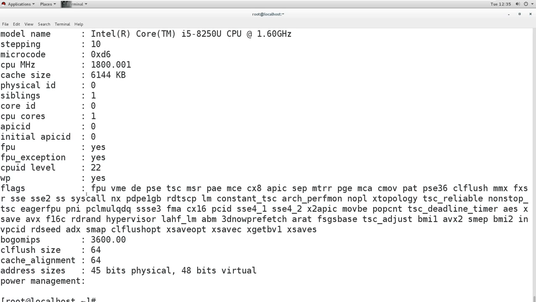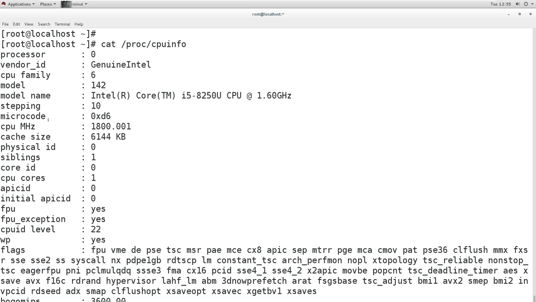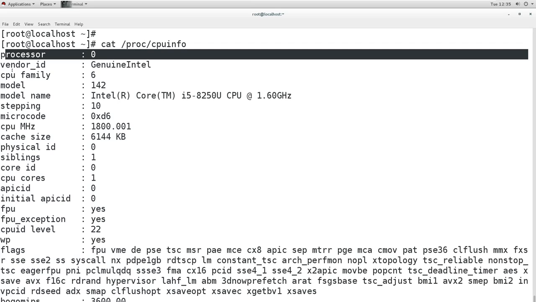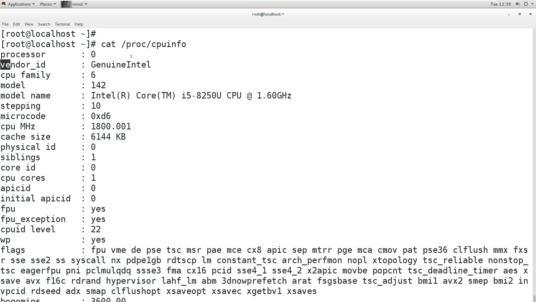you will see the information about your CPU. It is showing that the processor is 0, so I have only a single processor. Vendor ID is GenuineIntel. CPU family, model, model name, stepping, microcode, CPU MHz, cache size, physical ID, siblings, core ID, CPU cores, APIC ID.